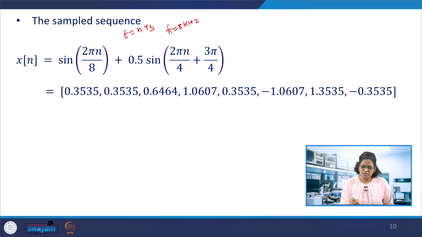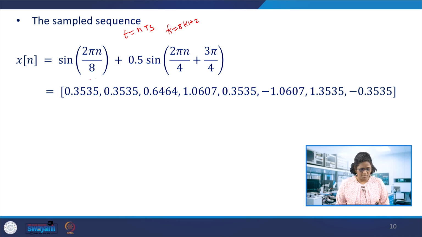And 8 kilohertz is good enough, because the maximum frequency here is 2 kilohertz. According to the sampling theorem, it should be sampled at at least 4 kilohertz, so we are making it 8 kilohertz. That is good to illustrate here. If we sample it with fs equal to 8 kilohertz, we get the samples from that signal, numbered 0, 1, 2, 3, 4, 5, 6, 7. So 8 samples will be there.